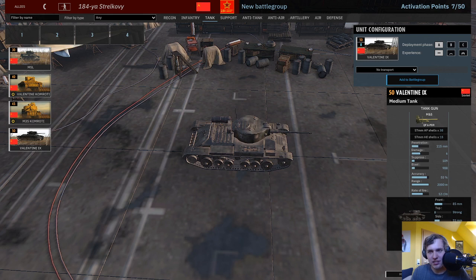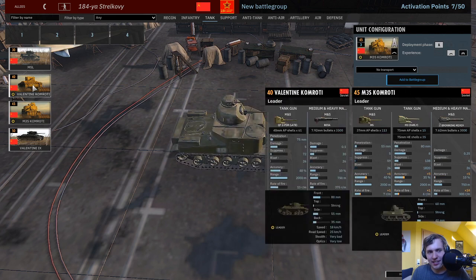You only have one card. You have a good one card with really good availability. Like 8 and 16 is great availability. I think it's one of the best for any tank. 24 and C. It's just nuts. Like, I think only the